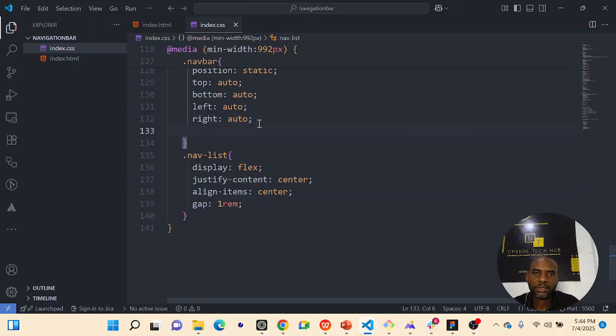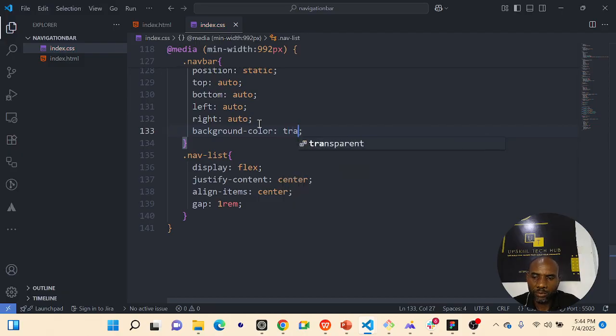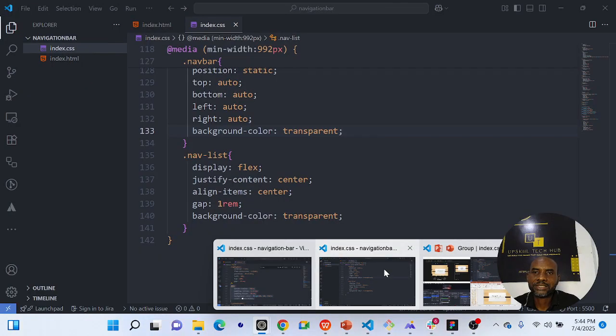You remember we had some background that we created for them in the mobile view, so we set it to transparent. So we'll do that same thing for the UL. All right, set the background to transparent. So let's see what happens now. Fantastic, it's there, but we also need to revert our